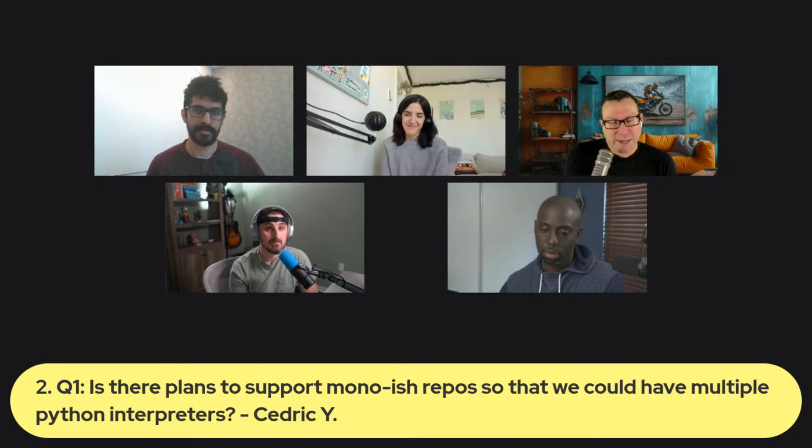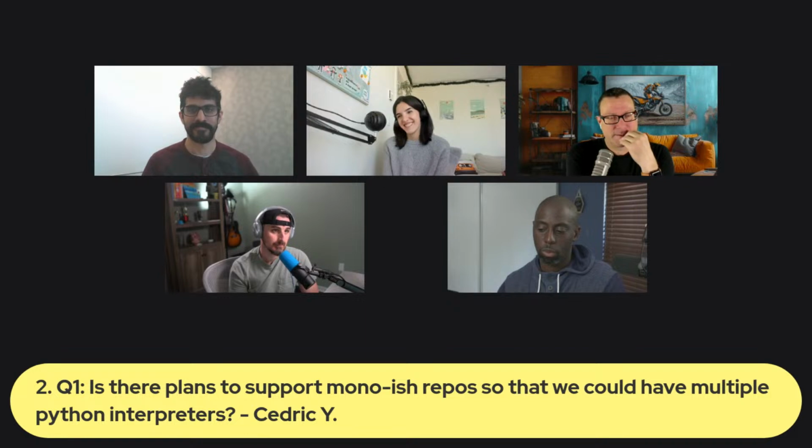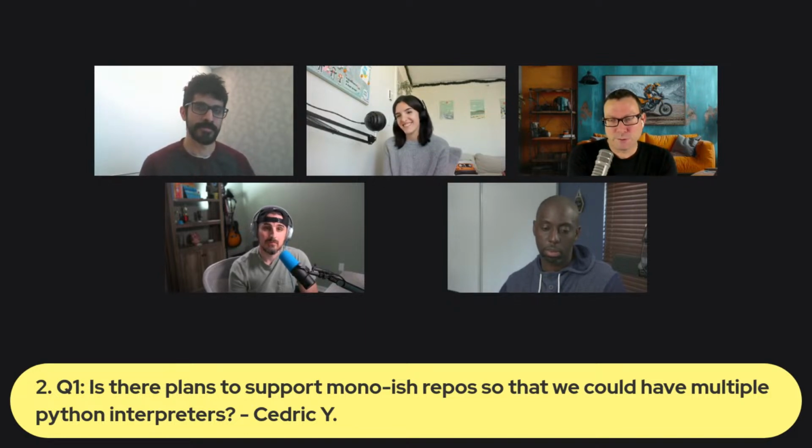It says, and this is why it's awesome to have Karthik and Luciana here, are there plans to support mono repos that can have multiple Python interpreters? And mono repos are kind of crazy. It's like we're going to take our entire source code for our whole company and just put it into one GitHub repo or Git repo, and then just work on sections of it. Craziness, but also starting to be a popular way to make things work for dependencies.